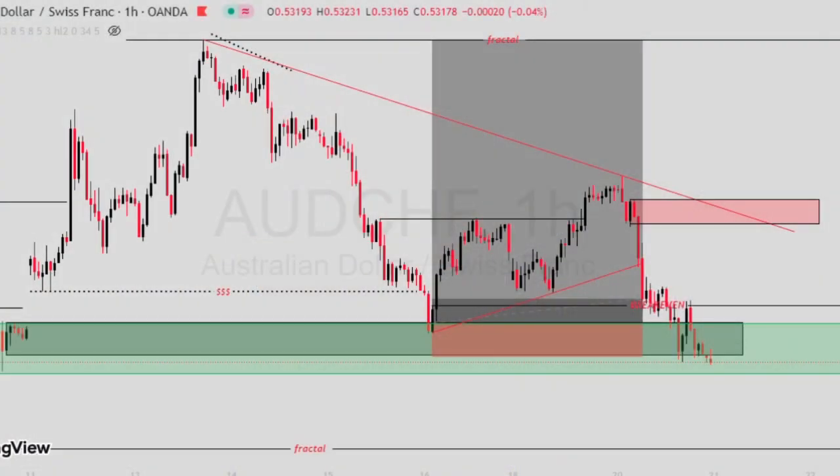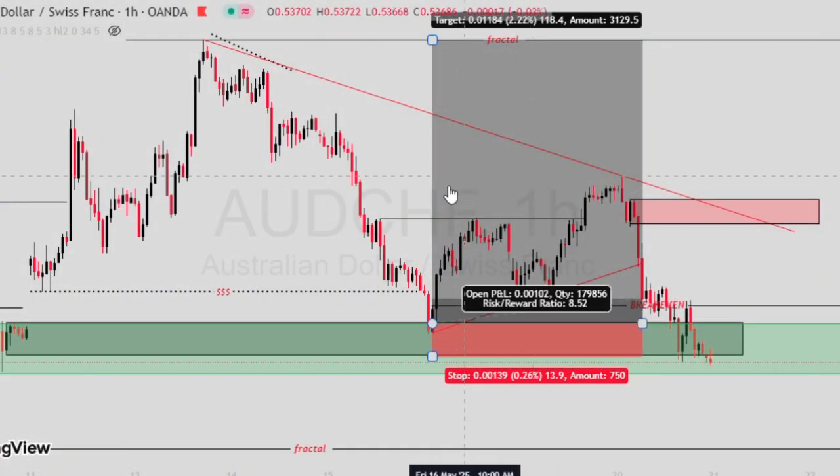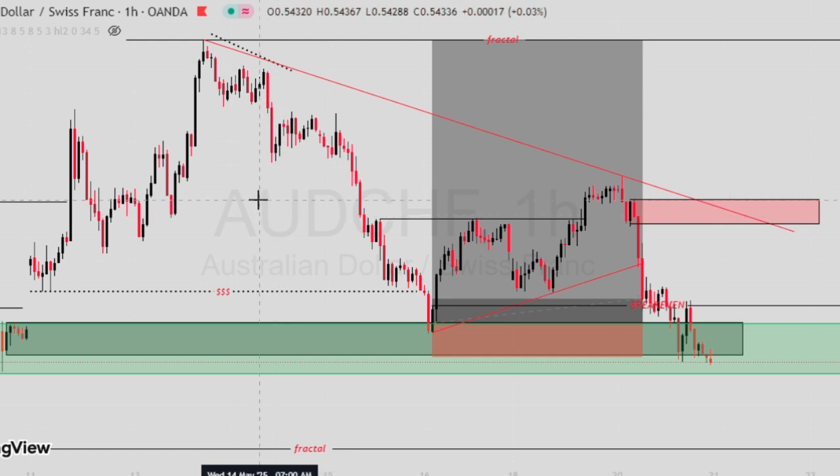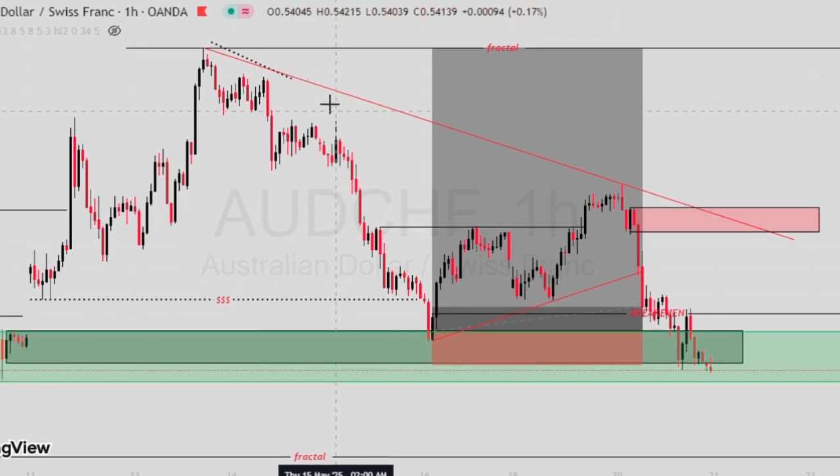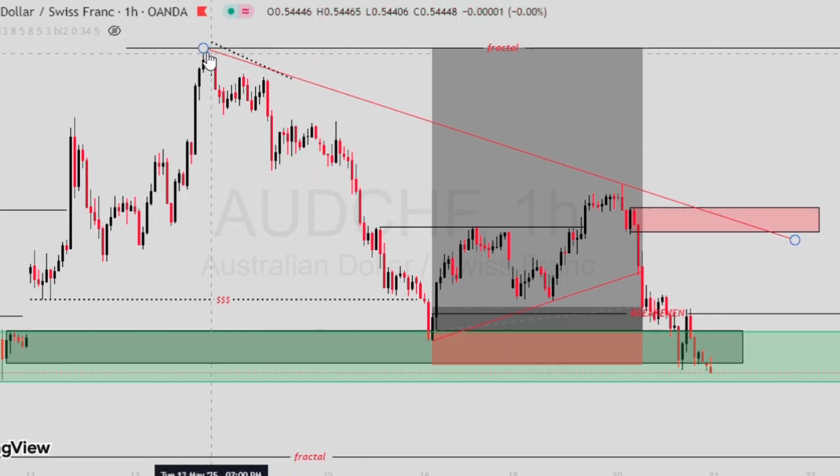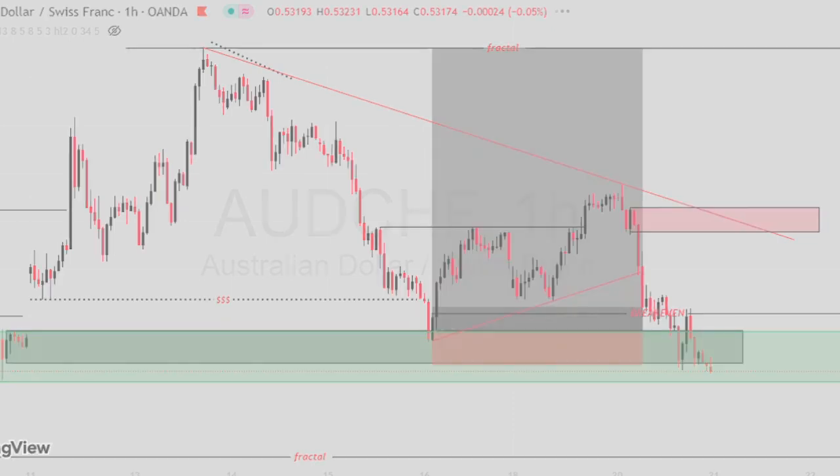This AUD trade took me out for break even, though I was expecting price to come and take the liquidity up here, but it seems the market is not ready to go bullish yet. And the mistake I failed to recognize here is that on a daily time frame,